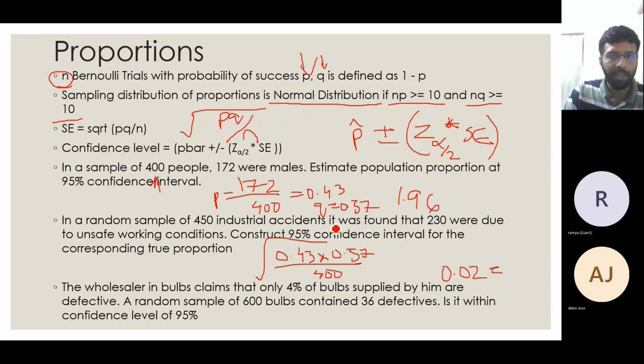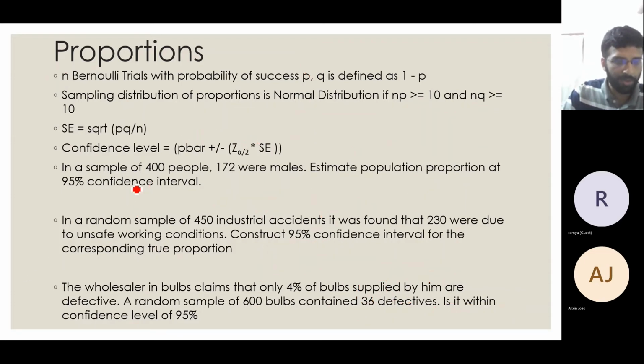So I'll get something like 0.025. Again, this is my standard error. I have to multiply this by z alpha by 2, right? 1.96. So 1.96 into 0.025. And the P hat in this case, for the statistic, is 0.43. So 0.43 plus or minus this will be my confidence interval for proportion. Same way, whatever we did for the other case, same thing. Two more examples you will just see, so that you will never forget this concept.